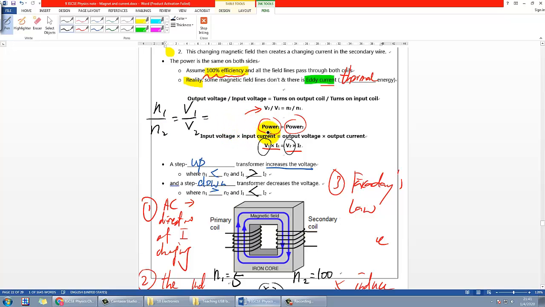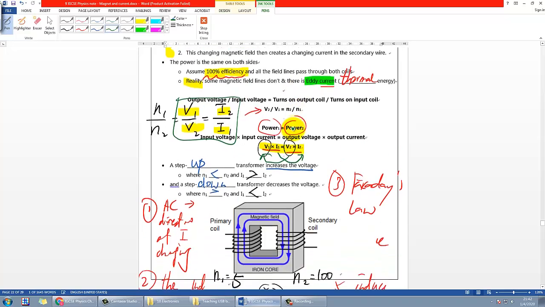And if you try to deduce further, some people may like to also write the relationship between the I. So what should I write here? Do I still write 1 and 2 here? The answer is no, right? The answer is opposite. That is simply because you could try to look at these 4 things, which you just rearrange with the I on one side and the V on the other side, put together. And then you should be able to obtain this equation. Okay, so this is the basic idea of transformer.